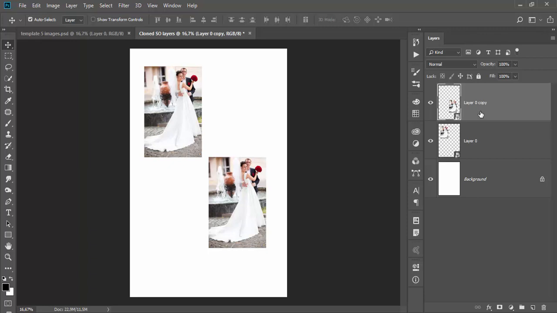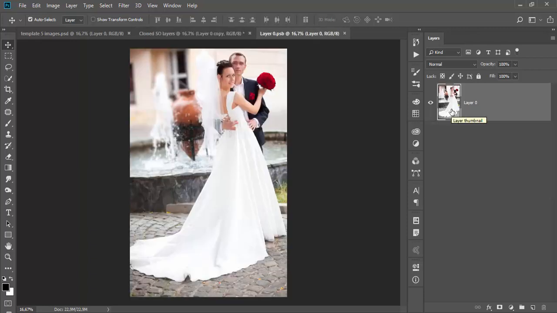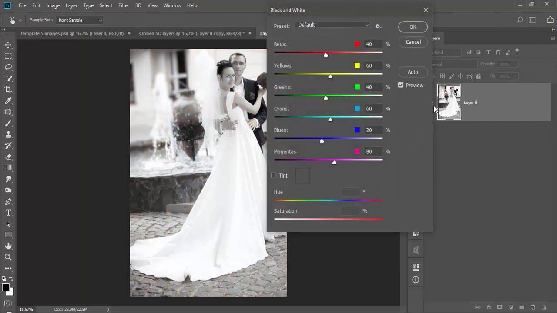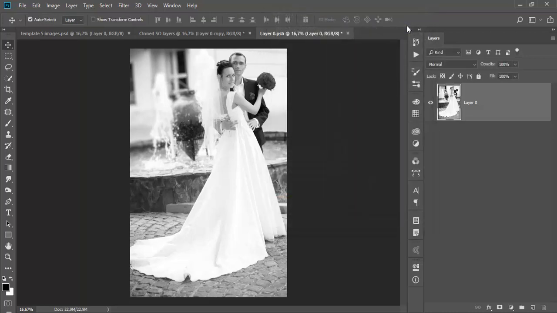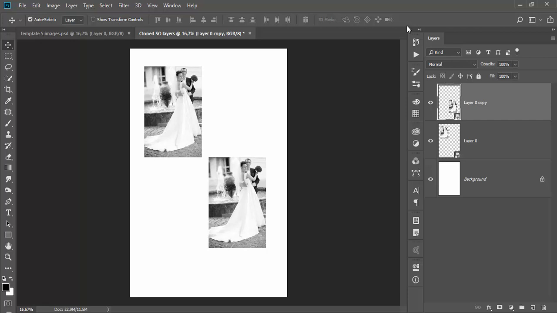One way to edit the content of the smart object layer is to double-click on the smart object layer thumbnail. Photoshop will open the content for edits in a separate tab. What you see on your screen and in the Layers panel in editing mode is content which is linked. Let me quickly apply an adjustment and save changes. Here is the result after modifying the content of one of the cloned smart object layers.